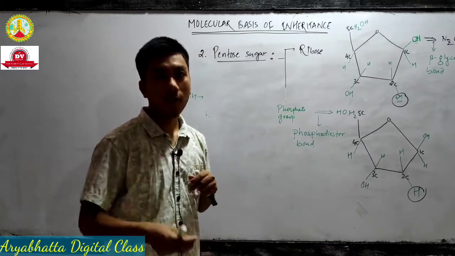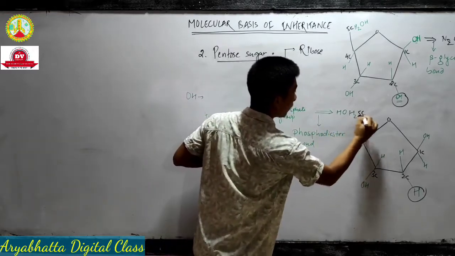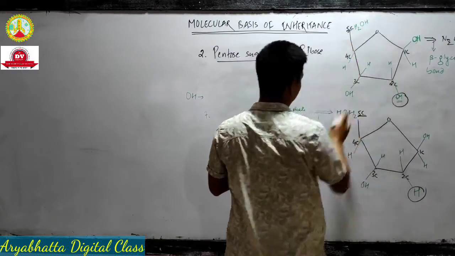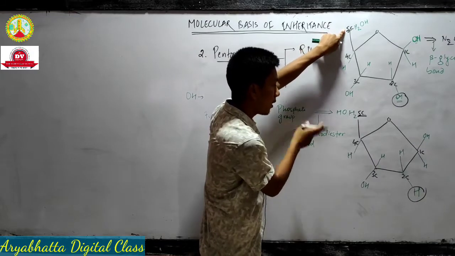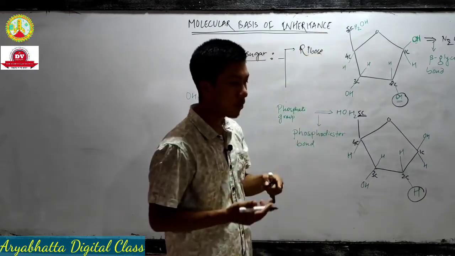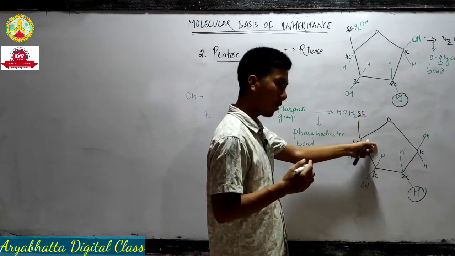The phosphate group is formed between the fifth carbon... इसमें भी सेम होंगे, ठीक है। मैं यहाँ नहीं दिखा रहा हूँ, स्पेस नहीं है, इसलिए कंफ्यूज मत हो जाना। इसमें दिखा रहा हूँ, तो कंफ्यूज मत होना, सेम रहेंगे। So the phosphate group is formed between the 5th carbon of pentose sugar,